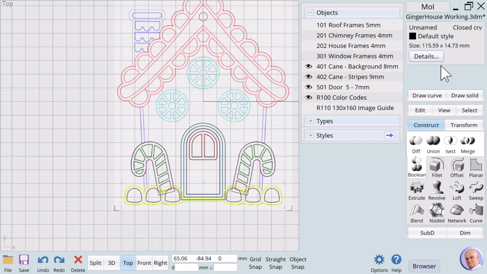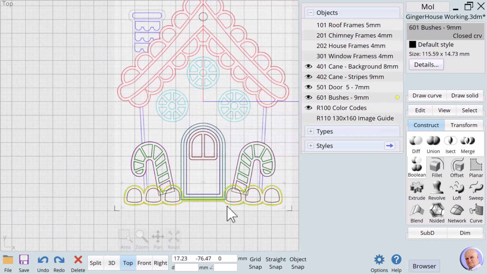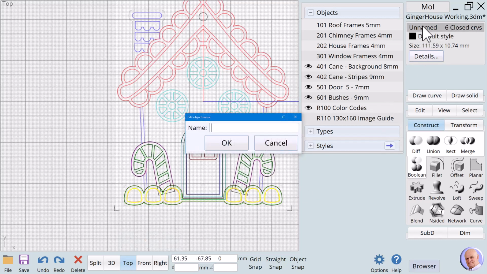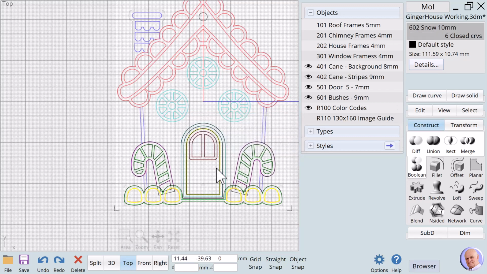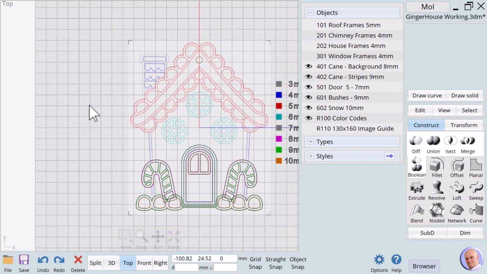So we're going to call this 601 bushes, and that's going to be 9 millimeters. And then the inside is 602 snow, and that's going to be 10 millimeters. So we have all of the elements now that we need except for one, and that's the background for this unit. We're going to turn all of our